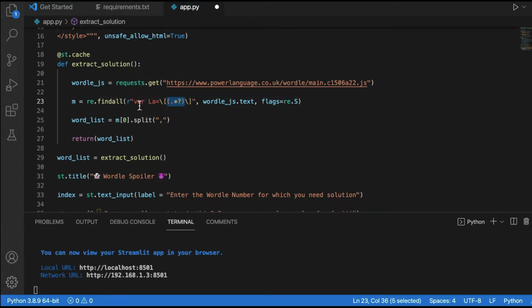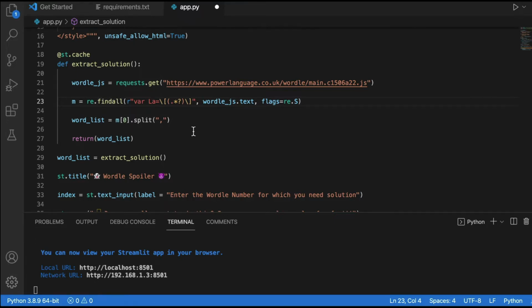So between that start of var, which is the way to define a variable in JavaScript, and the end square bracket, we want everything, and we want it from this particular text. After we get that, we're going to assign it to an object called m, and that m is a list, because findall returns all the instances. So this is a list.